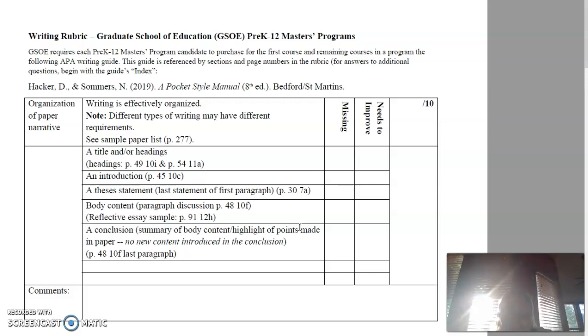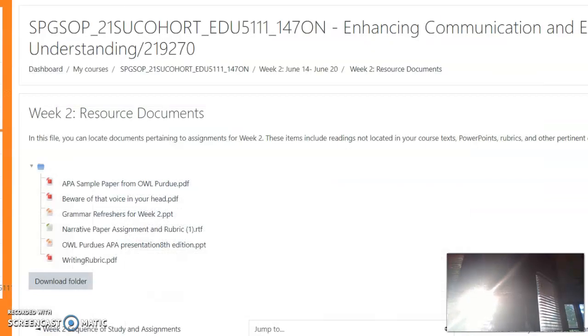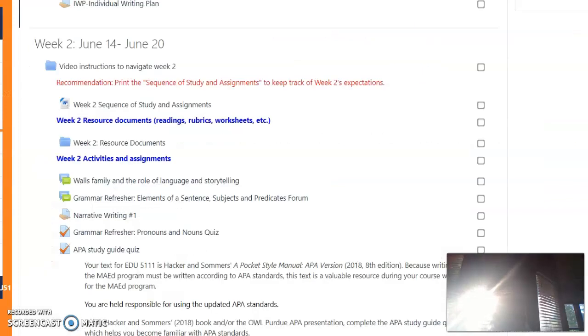We do not use this for this paper or the next paper, but I do use this for the last paper. So what you might want to do is, after you're done writing your narrative this week, grade yourself and see how well you did on this. Scroll down so you can go through and see if you have all of these things. You might want to do that. And then let's go back here.